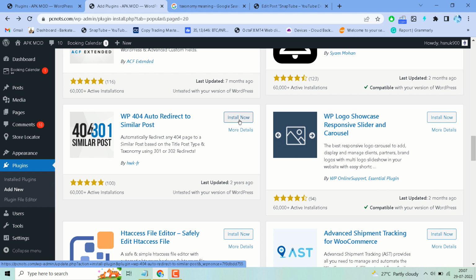And use this plugin, guys. If you are facing any problem using this plugin, then comment, and I will try to answer it. This is a very useful, famous, and easy to use plugin to redirect 404 automatically to a similar post